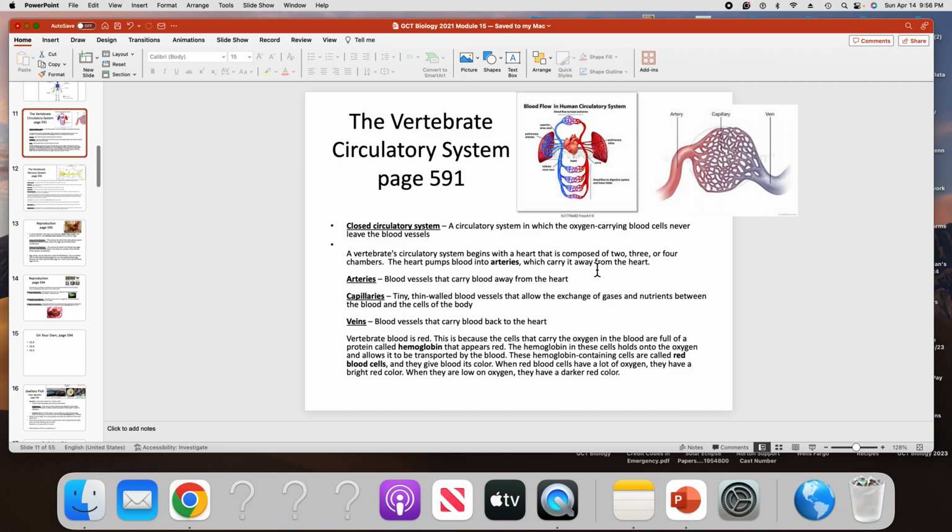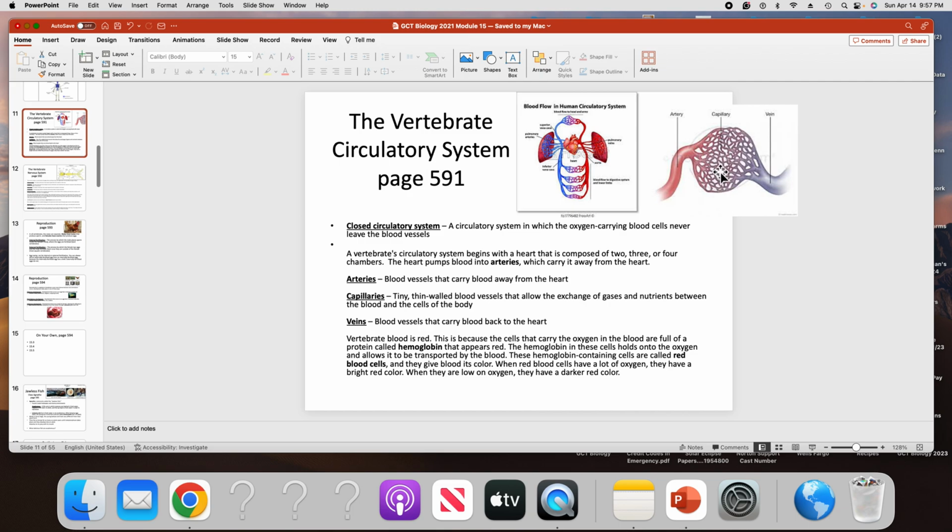In humans, it's 4, but we're going to also be talking about fish today that have 2 chambers. The heart pumps blood into the arteries, which carry it away from the heart. And in this figure over here, you can see an artery is represented with this reddish tube here, and then it branches off into very small vessels called capillaries, which are so thin, they're just so very thin that the walls